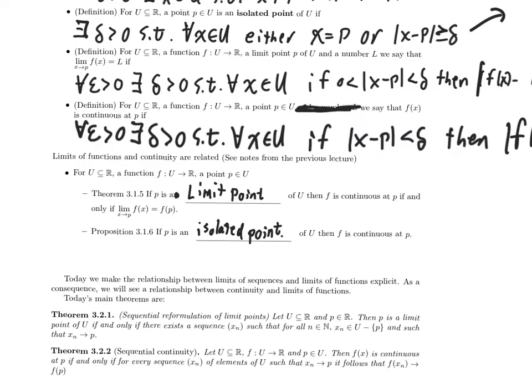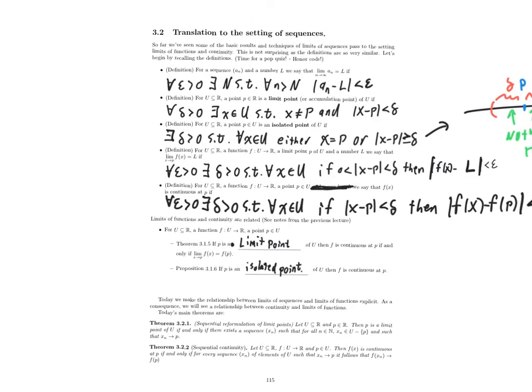What'll I do today? Well, in this cluster of videos, I will explore the relationship between these two things, which we know are closely related, and limits of sequences. And maybe we'll start with a warm-up. This idea of a limit point can probably be detected in terms of sequences. What we'll come up with is an alternate definition of a limit point. A limit point is a limit of a sequence of things in the set.